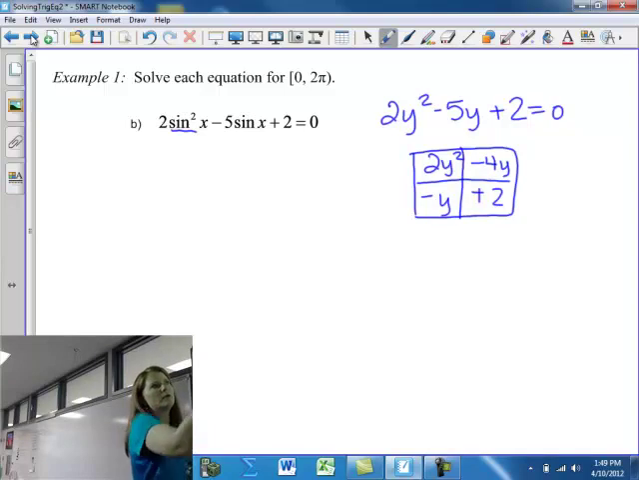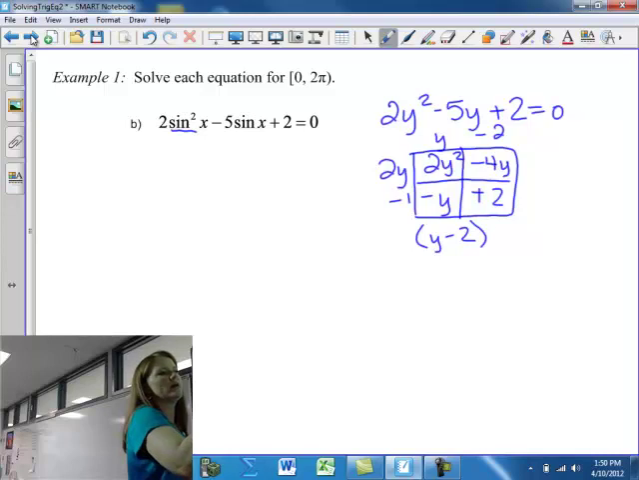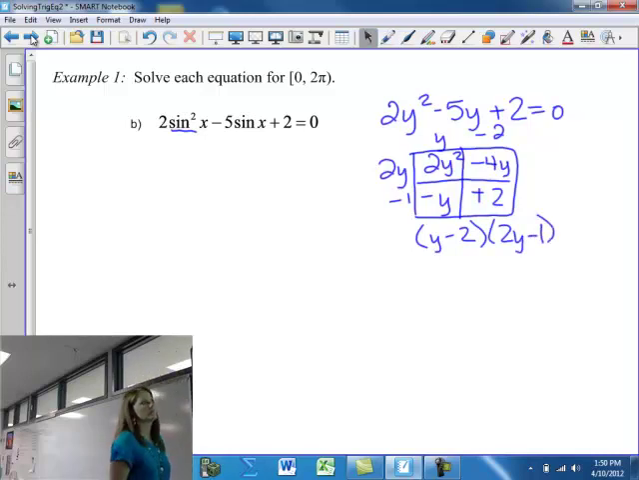It's negative 4 and negative 1. We're going to take out a GCF of 2y. So when I factor the blue stuff, I get y minus 2 times 2y minus 1. What does that mean in trig world? Well, everywhere there's a y, just put a sine of x. So that means we're going to have the sine of x minus 2 times this, sine, I'm sorry, 2